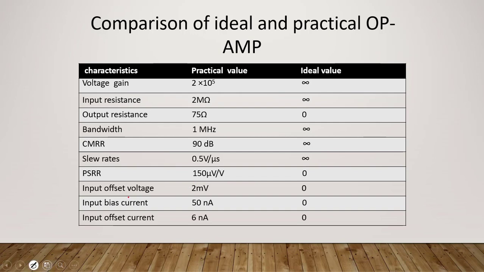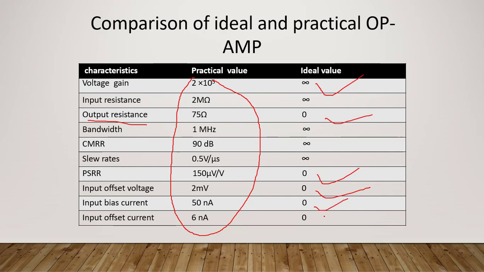Okay, now these are some practical values of the op amp, not necessary to remember. Just go through this. Usually for the ideal case we take either infinity or 0. Usually output resistance is small, and PSRR we usually take as 0, and input offset voltage is 0, input bias current, input offset current, everything we take as 0. But these are ideal values, practically it is not like that. It has a very small voltage, 2 millivolts as offset. That means when you apply common mode, a small voltage lies. In the same way 50 nanoamps, 6 nanoamps, like that, and output resistance is small, and input resistance is actually more.